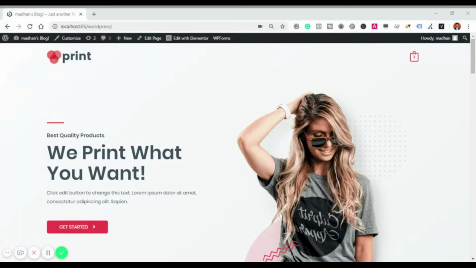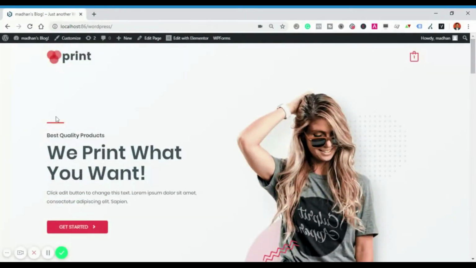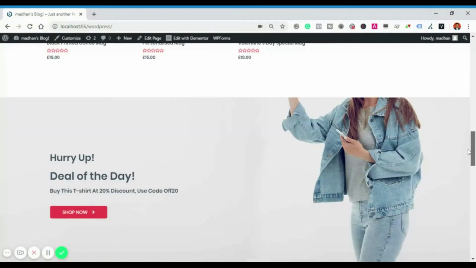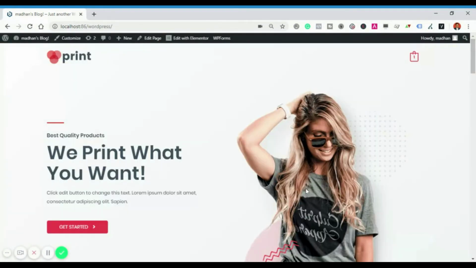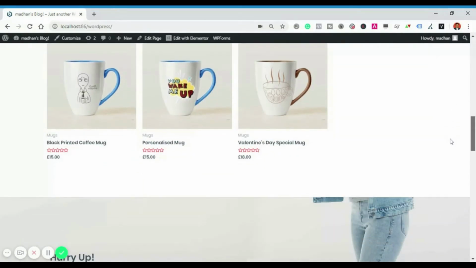I'm on my website now. You can see I'm on the home page, and I hosted this website on localhost. If you observe, there are no links on the top. I'm talking about a single page website. That means a website will have only one page with multiple sections like this. Now what we need to do is add links on the top, and those links have to be pointed to individual sections which are there on this home page.